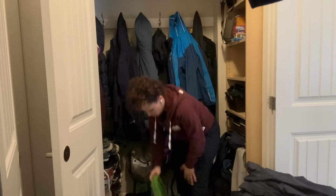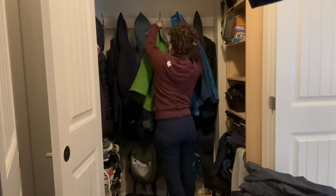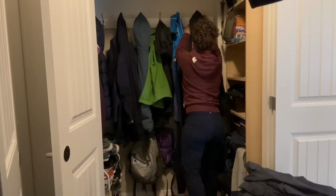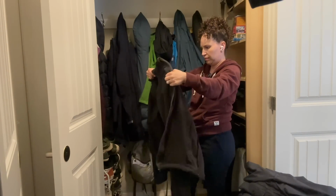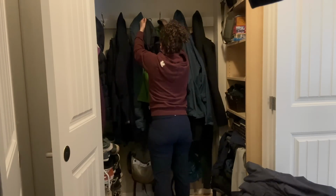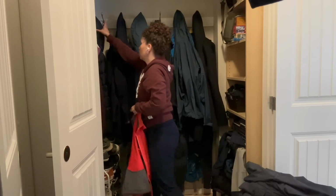And I just imagined it much more tidy, with more tidy jackets and everything. And then I thought, okay, so what would my first step be? And so my first step, except for the fact that I was recording this, so there were many other first steps, would be to get up and just get started. Now, I will be honest, I am not finished with this because